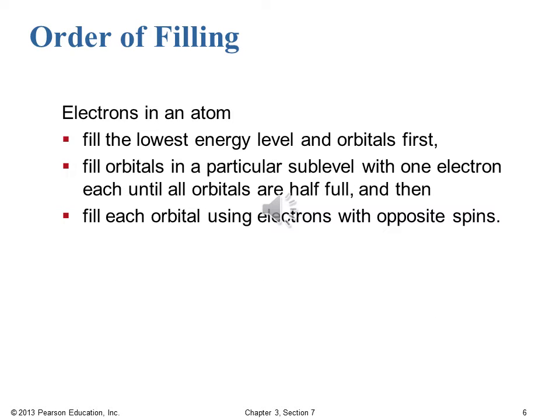Now with our previous example, we only dealt with s orbital electrons, and that's pretty easy. We fill the lowest energy level first, and we completely fill the 1s orbital before we move into the 2s. If we have the p sublevel or the d sublevel where we have multiple orbital types for that particular sublevel,